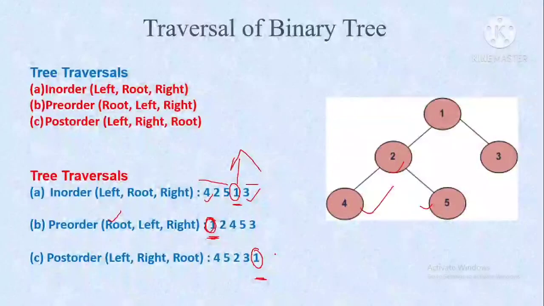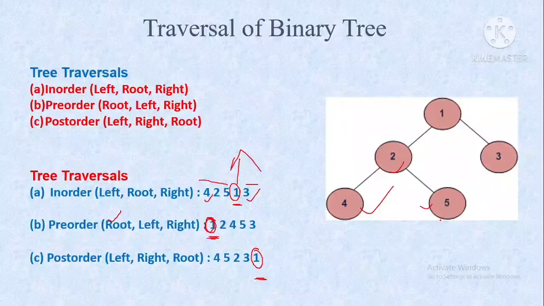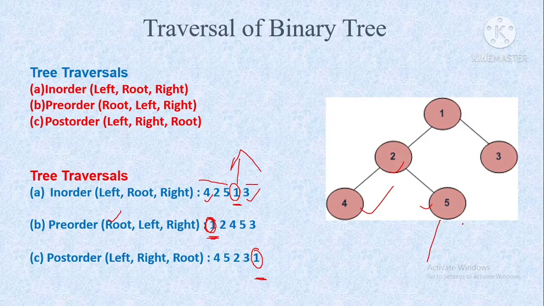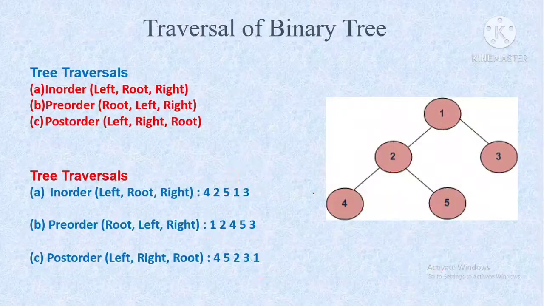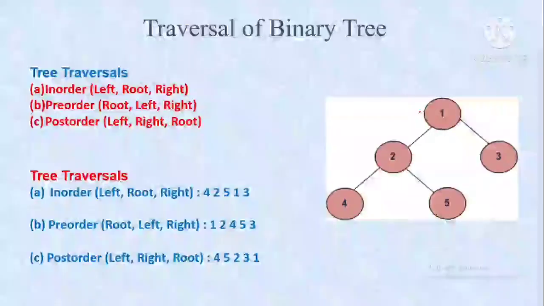This is one of the important properties of tree traversal. Sometimes your tree may be a little bit complicated, though this tree is very easy. At that time you may find it very difficult to find the in-order and pre-order traversal. So I am going to teach you a very easy method. By using that method, within a minute you can find the in-order, pre-order and post-order traversal.